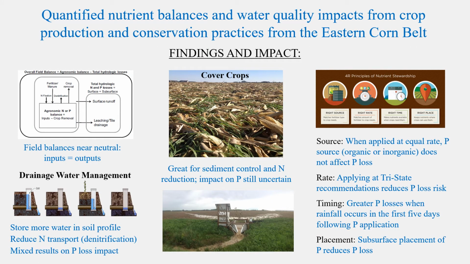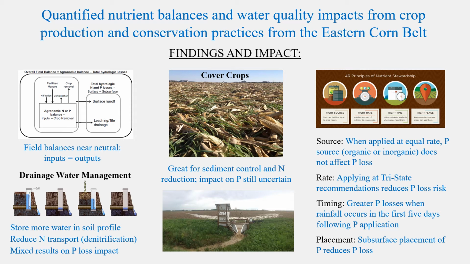This accomplishment from the Eastern Corn Belt provides a broad look at nutrient balances, production and conservation practices, and their impacts on water quality. Nutrient loss, particularly phosphorus, from crop production agriculture has been linked to harmful and nuisance algal blooms in Lake Erie and other freshwater systems in Ohio. I'm sure that you remember the Toledo water supply system being shut down a few years ago due to toxic